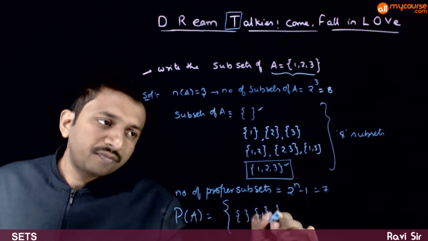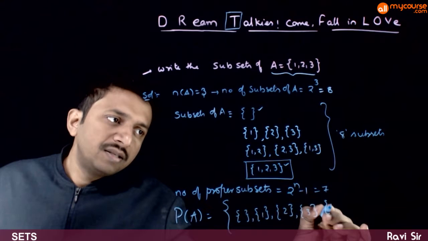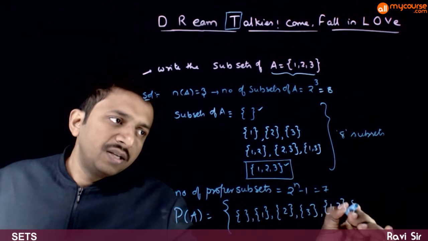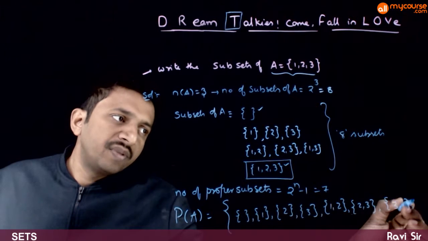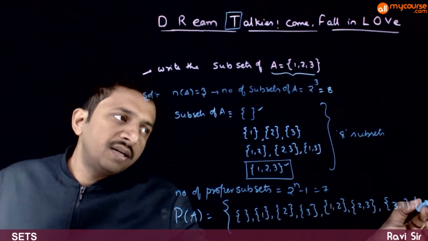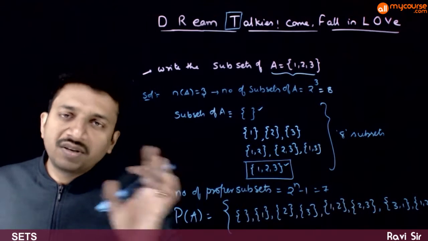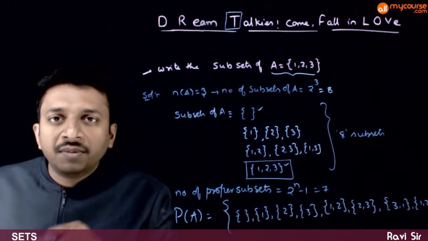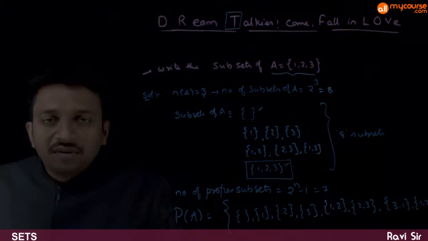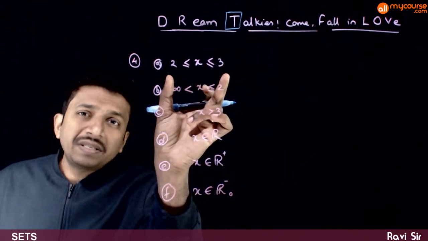Set 1, set 2, set 3, set 1, 2, set 2, 3, set 3, 1, set 1, 2 and 3. So this is the power set of A. It contains 8 elements, that is 2 power n elements. So in the next type, I'll ask you to express the given